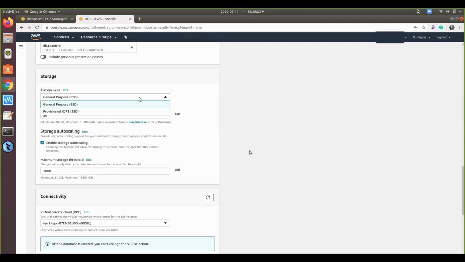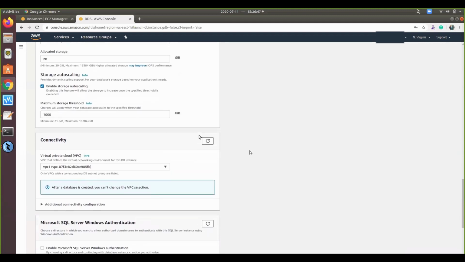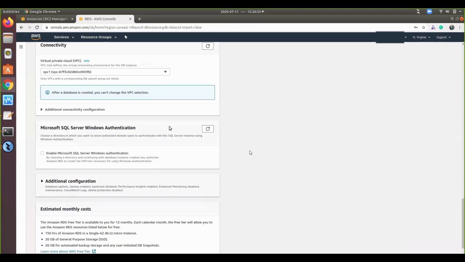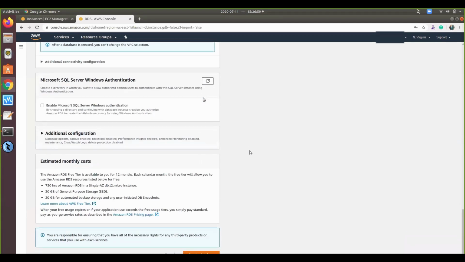Again, this is asking for a general purpose SSD or a provisioned IOPS SSD. For our demo, we will be going with the general purpose SSD. Again, the database size of 20 GB is enough for now. We don't want the auto scaling option. So we'll be selecting the VPC. It will be the default value. Just select as it is.